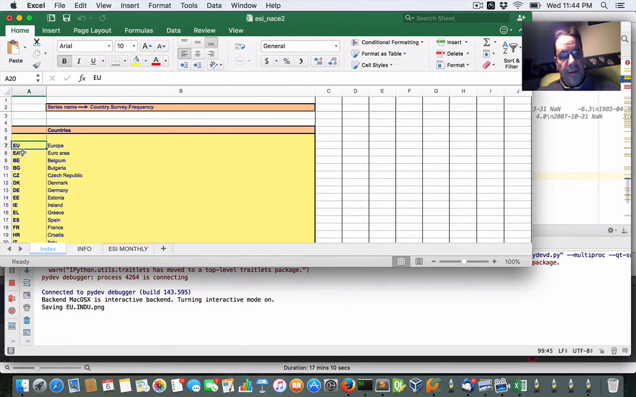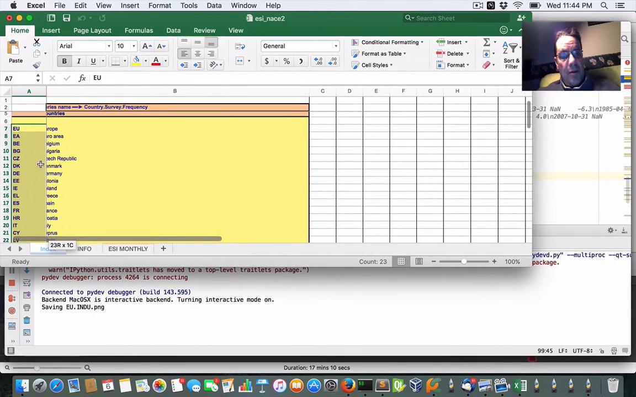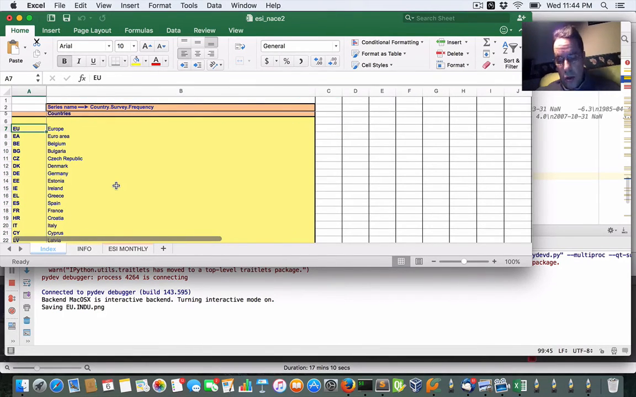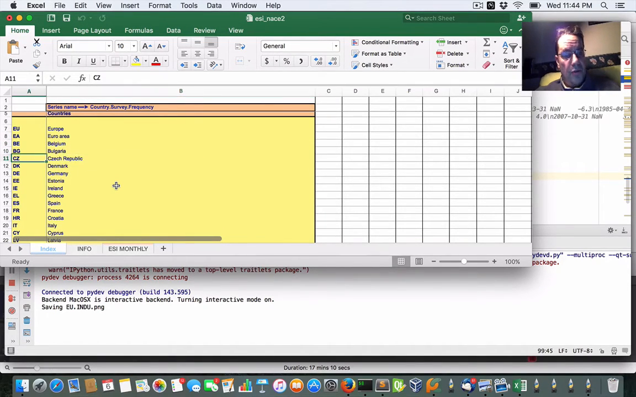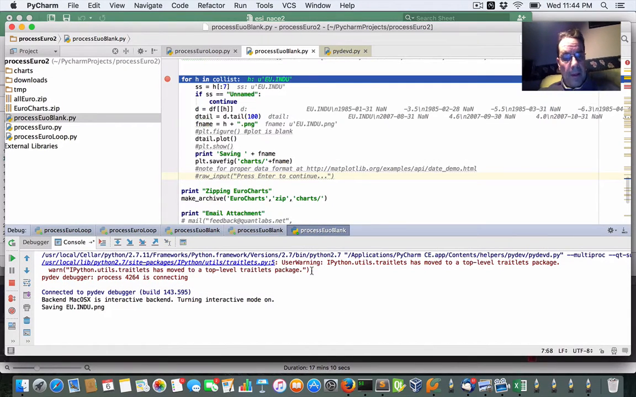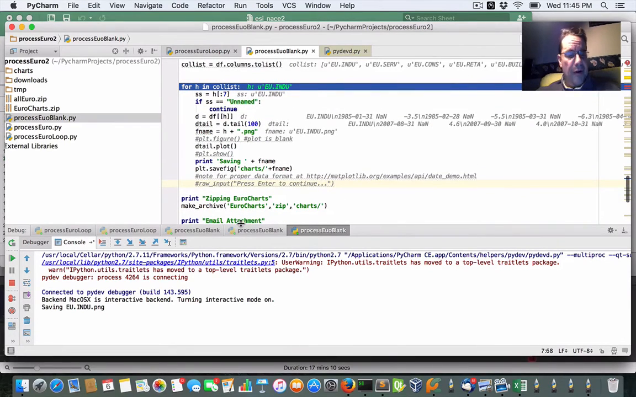Remember, here are the codes for each country. So, as I said, we have the EU, EA for the Euro area, Belgium, Bulgaria, Czech, so on and so forth. And that's how it works. So I'm going to take out all the breakpoints and let this puppy run. And you'll see, I don't know how many exact files it will create, but let me just let it run the whole